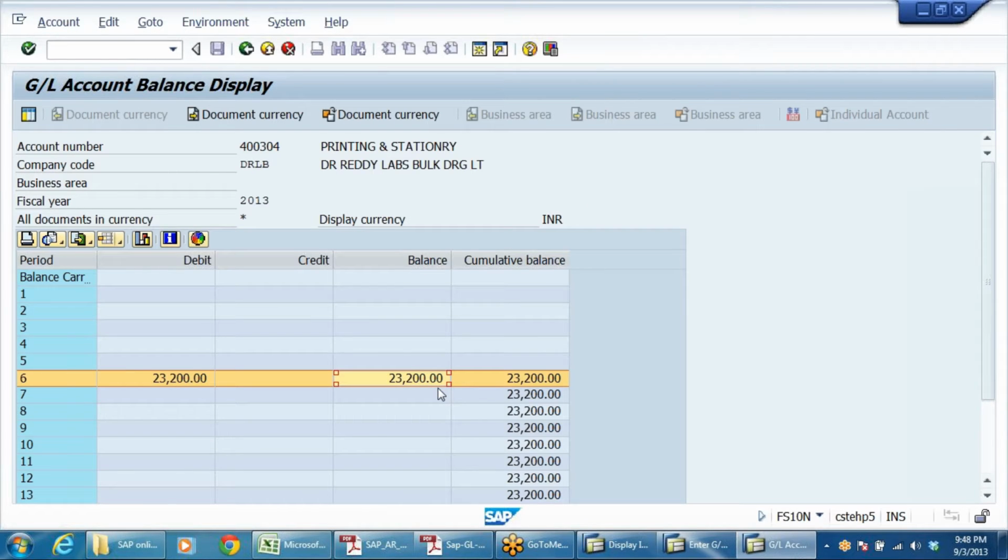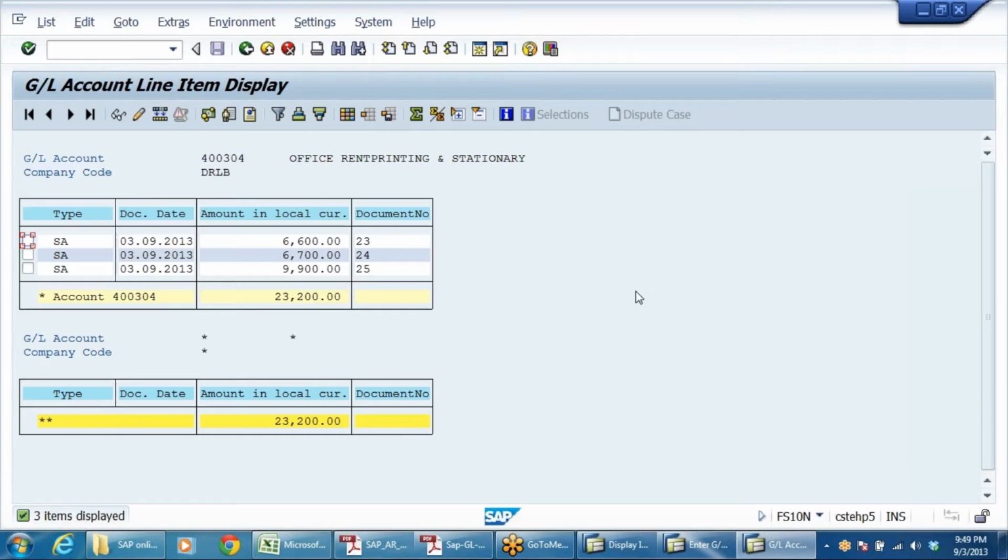It is showing company code currency. Double click. So 6,600 previously, then second entry 67, then 9,900.